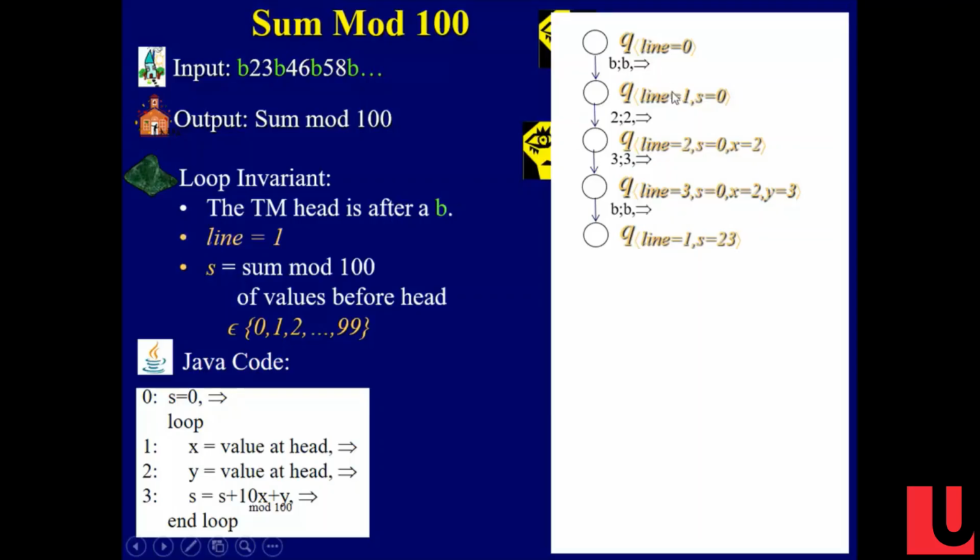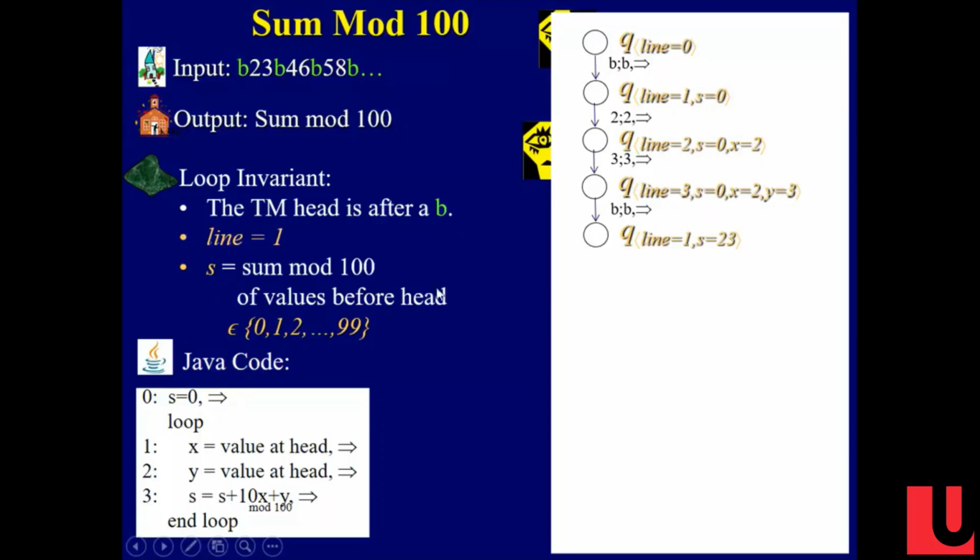Right? I was on line 1. I read in the X. Right? And then I read in the Y. Right? Here I don't know X. Now I know the value of X was a 2. Right? It says if I'm reading a 2, I write the 2, and I go into the state in which I know the 2. Right? Does that make sense?